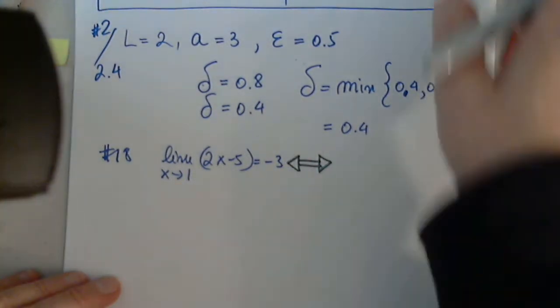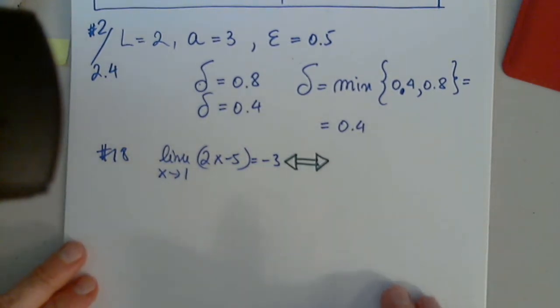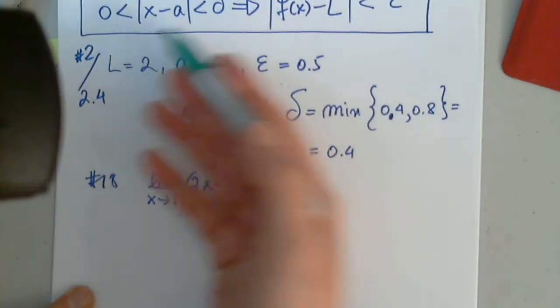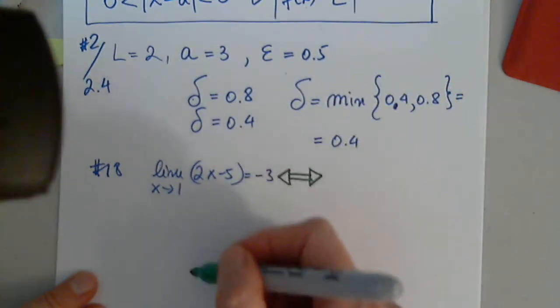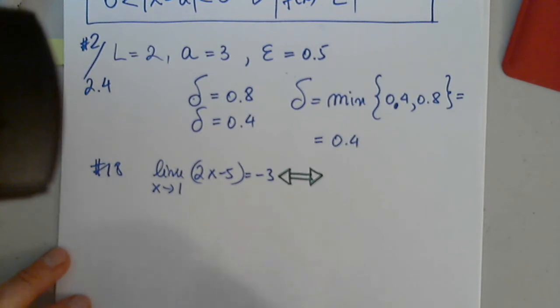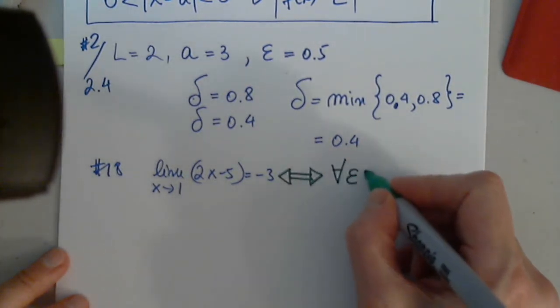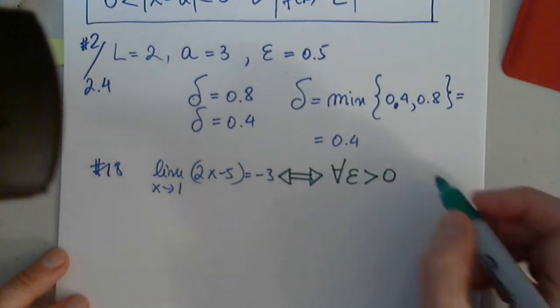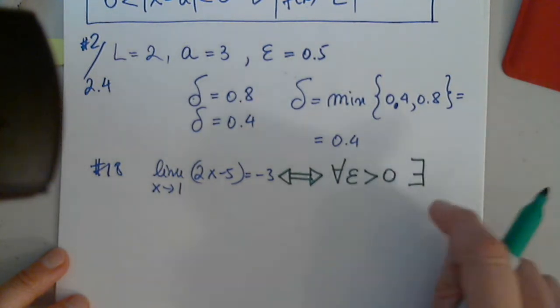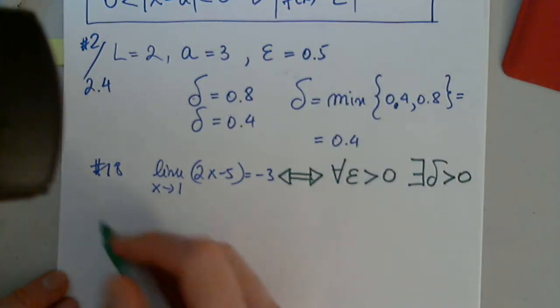Every time I show if this is correct, and I use the epsilon delta definition because that's what the question is asking us, I have to write the definition. If you don't want to write the symbols, that's fine, but you're going to have 5 rows of writing if you don't use the symbols, of course. For every epsilon positive, there exists a delta positive such that